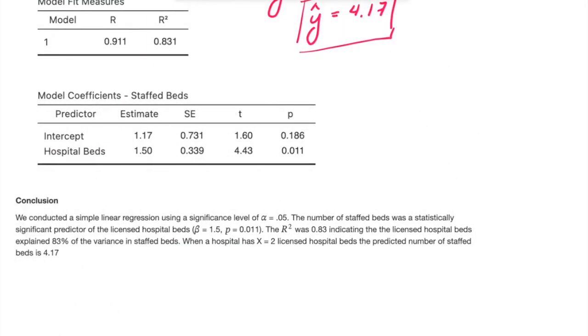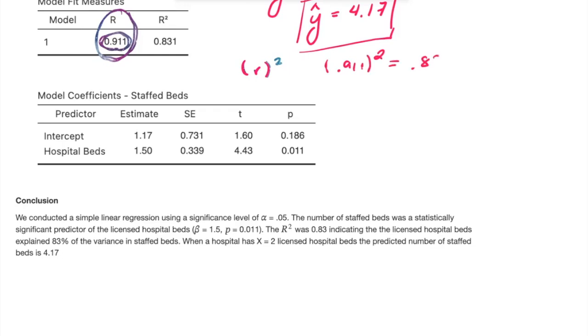So now let's talk about the output. So here we have our correlation. Remember, Jamovi, if this was negative, Jamovi will not put the negative there. So it's always better that you find the correlation through the correlation menu, or you can calculate it yourself, or just keep in mind this is the absolute value. So you need to check. The R square is just the r, squared. Let me redo that. So it's just 0.91